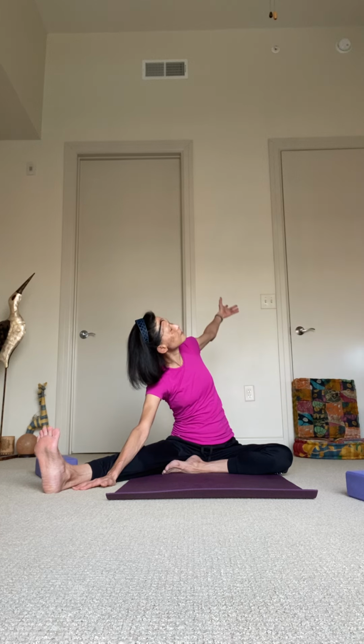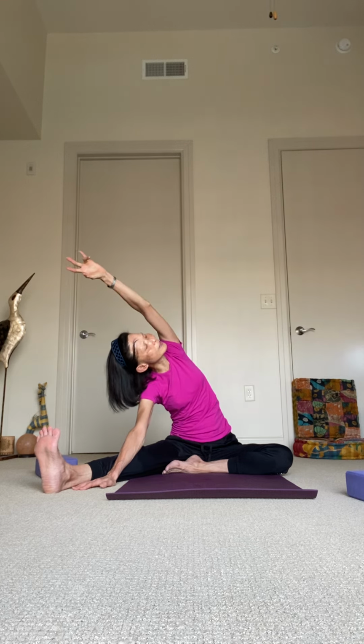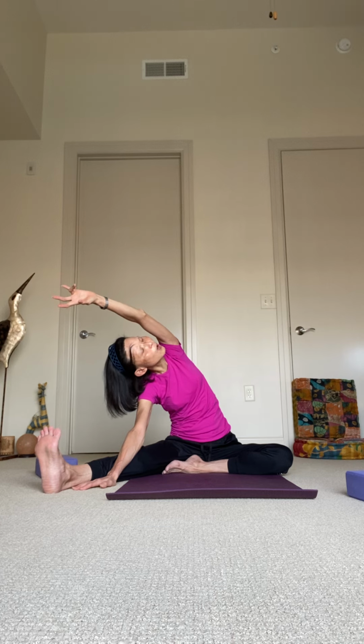Next option, sliding that left arm forward, bring your left shoulder toward your left toe. Stay right here and feel your body first. If you want more sensation, lift your right arm up. Stay right here. Next option, draw your right shoulder toward your left toe or bring your right hand towards your